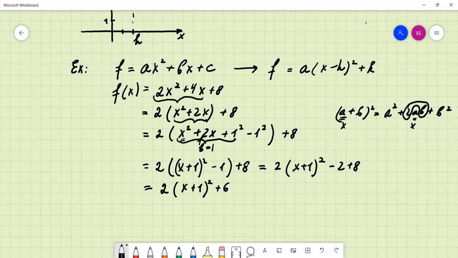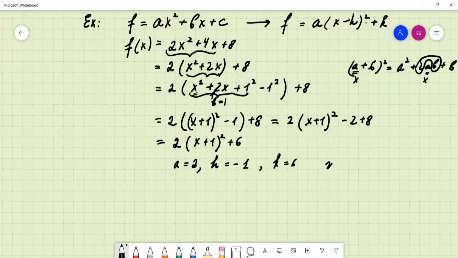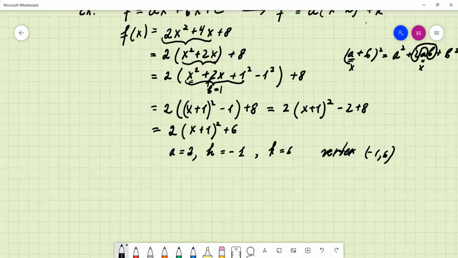And you see that my parabola now is in a standard form, and in the standard form a equals 2, h equals what? Negative 1, because we're supposed to subtract h, but if we add it, we are subtracting negative 1, right? And k equals 6. So I'm going to write down that the vertex is going to have coordinates negative 1, 6. And that's going to be stretched 2 times. I'm going to graph it